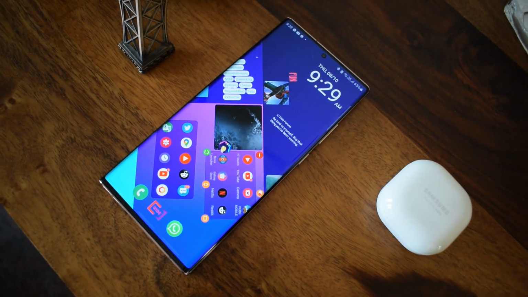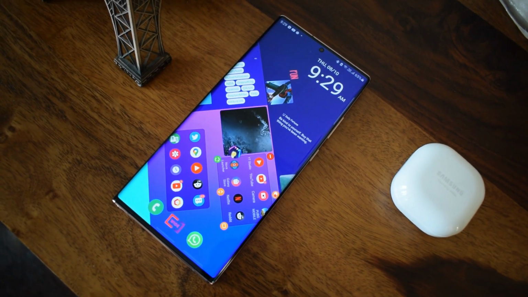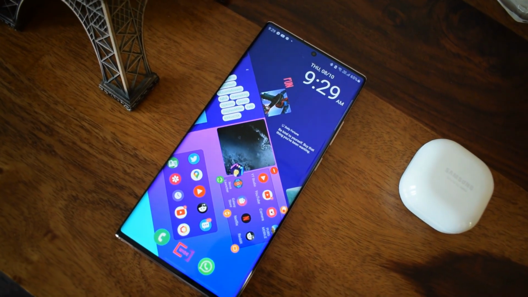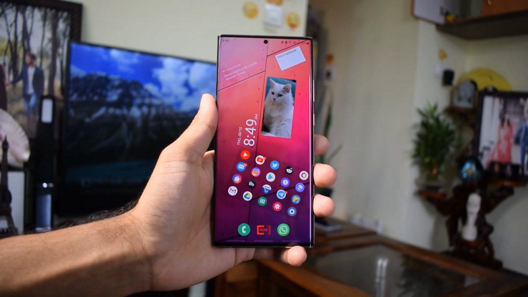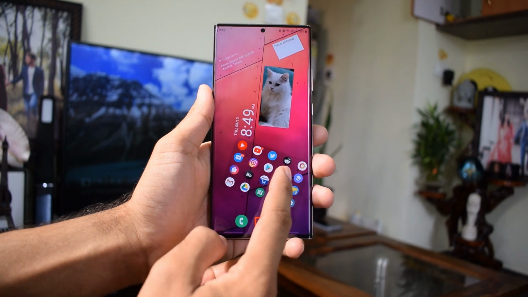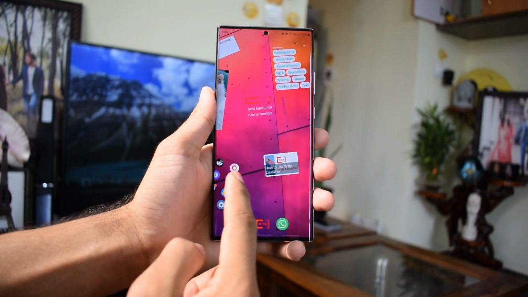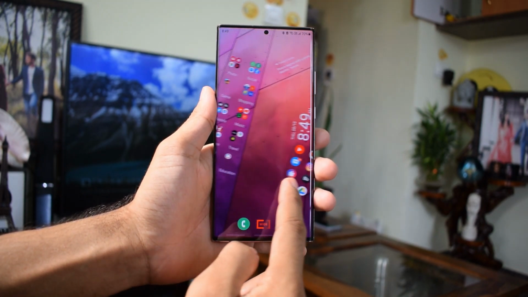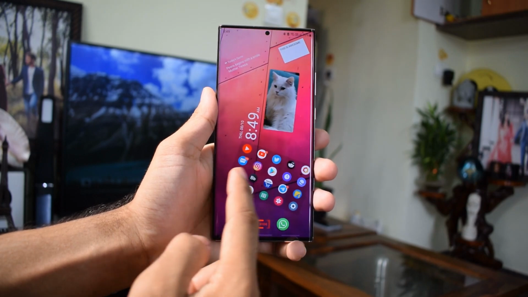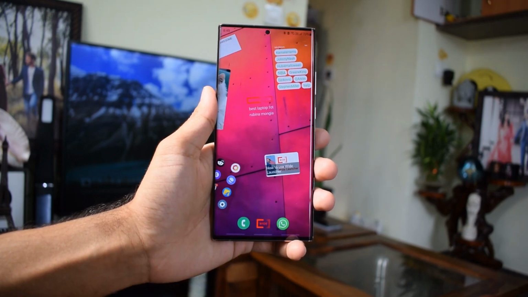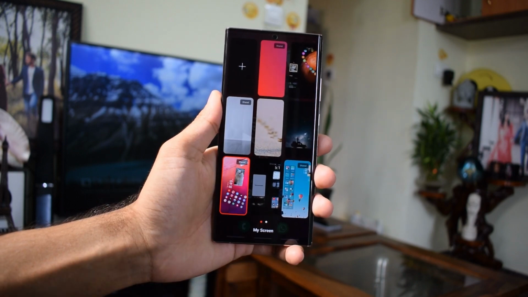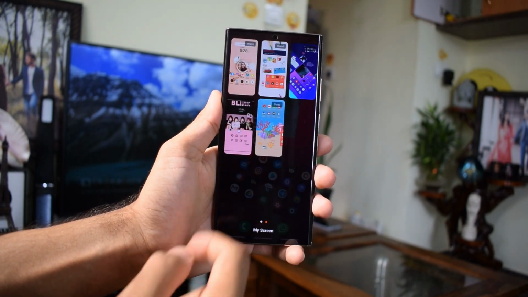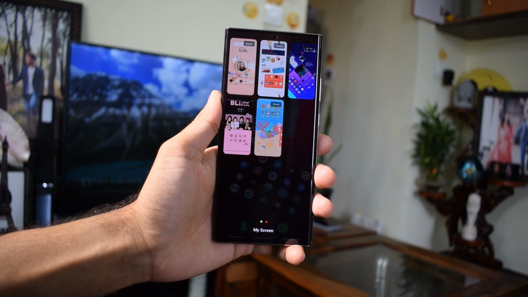Now let's have a look at this gem of a launcher which I recently came across. The concept is quite different here on the home screen. It's a single wide home page on which we can place different items which are provided on the launcher itself, which can be decorated or customized the way you want. There are default themes available which do not require any customization in my opinion, but once you select a particular theme, you can play around a bit and tweak them.